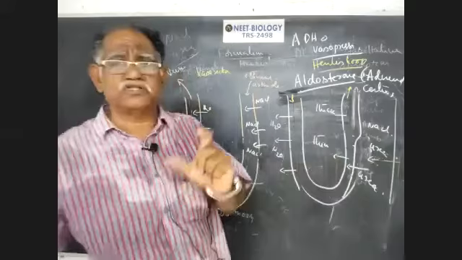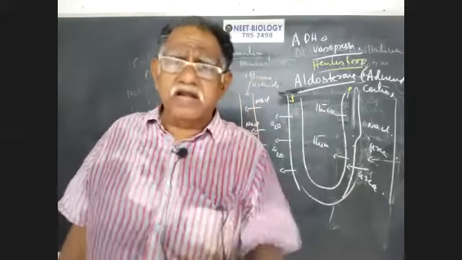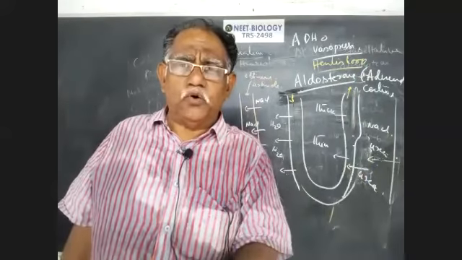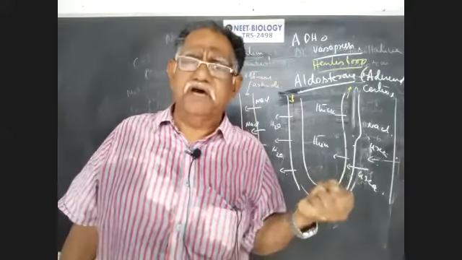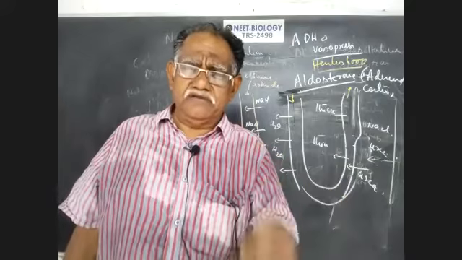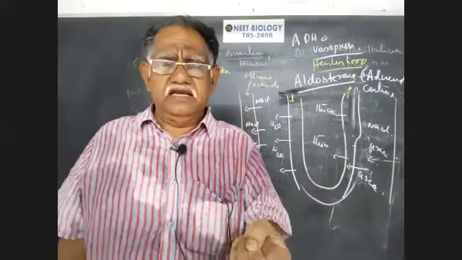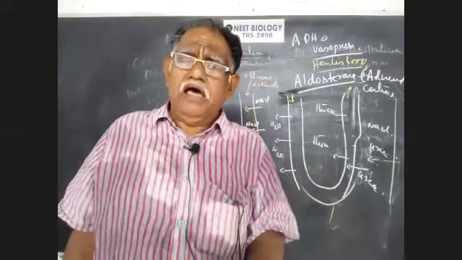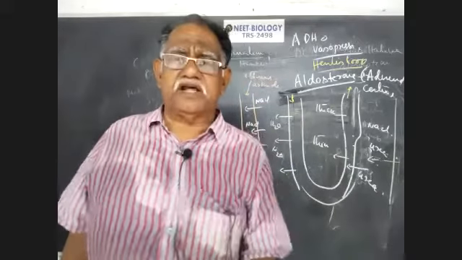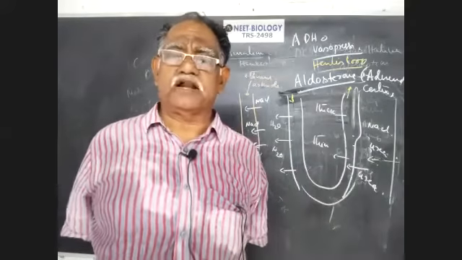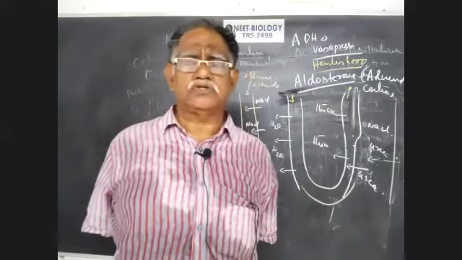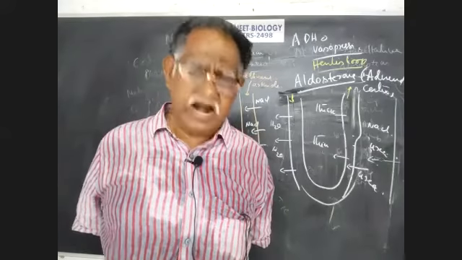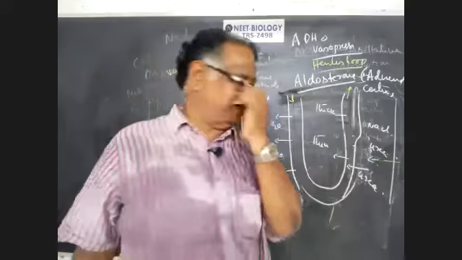What are the hormones which regulate the reabsorption of water and salts? Antidiuretic hormone, and the second one is aldosterone. Aldosterone is responsible for reabsorption of salts from the distal convoluted tubule and collecting tubule, whereas the antidiuretic hormone or vasopressin causes the constriction of blood vessels and increases the blood pressure. So these two hormones are responsible for the reabsorption of water and also salts from the distal regions of the nephron, both the distal convoluted tubule and collecting tubule. Another important point. Next one.